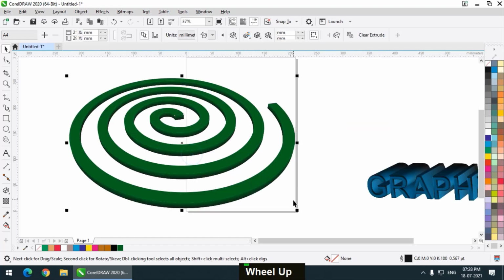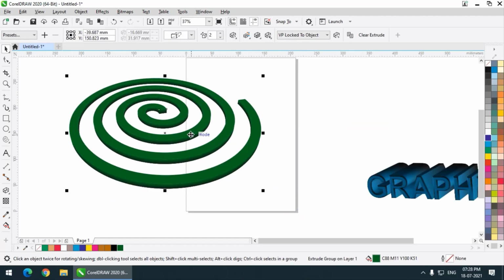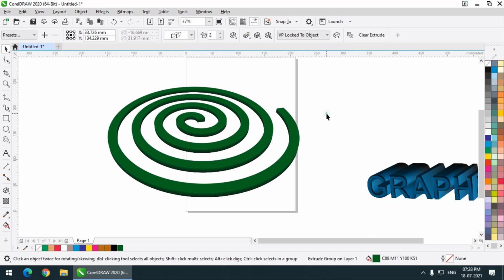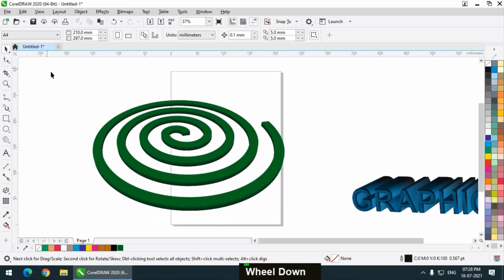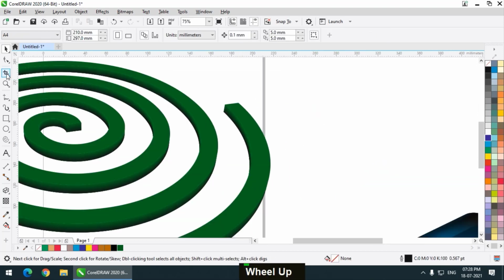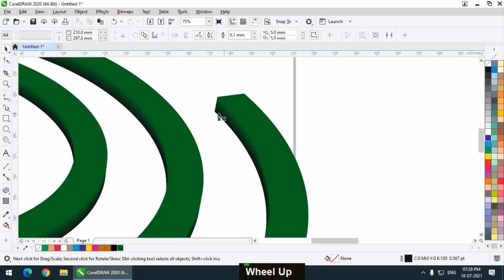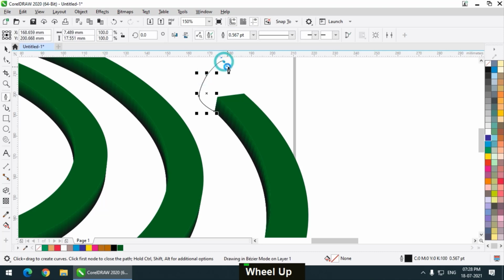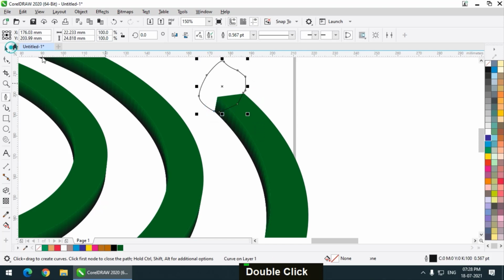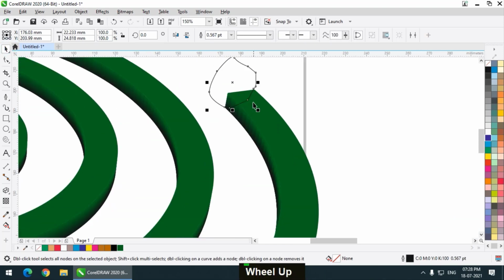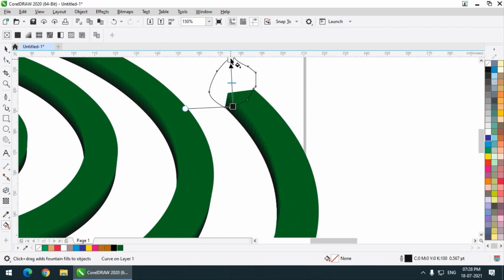And if you want to show that this mosquito coil is burning, you can choose the pen tool which is over here, or you can also use the Bezier tool. It really depends on your preference, and you can simply draw. We want to show that one end is burning, so I will use the interactive fill tool.